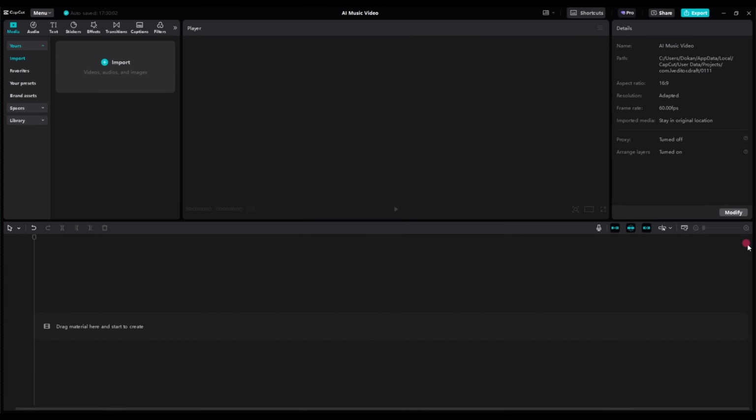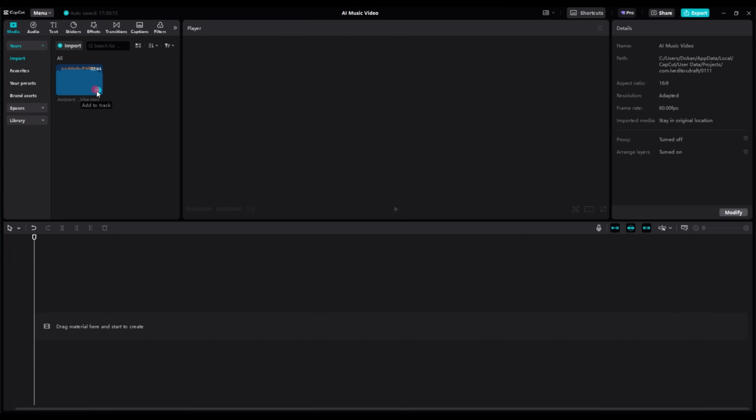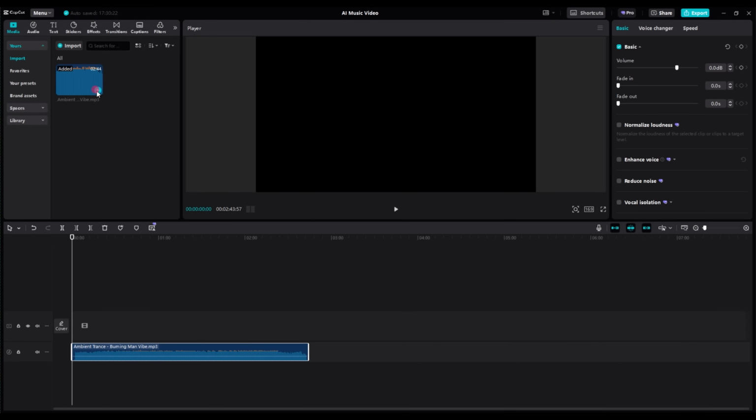After adjusting the settings, drag the music file into CapCut and click the blue plus button to add the file to the timeline. Next, go to the top right under Basic and click Enhance Voice. Set the intensity to 100 so only the vocals of the track are heard. This makes it much easier to match the animations with the lip syncing to the song. After a short loading time,